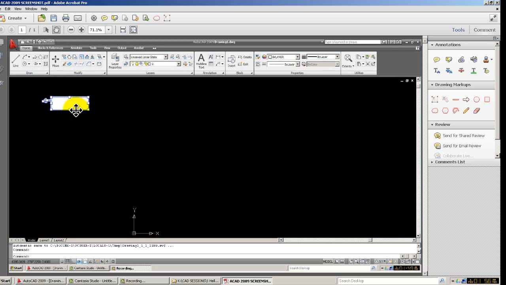Another thing we can do is move it around. So there it is there. Some of these things take a little bit of manipulating, but I'm going to put that up to there, and then I'm going to go into here, and I'm going to type in